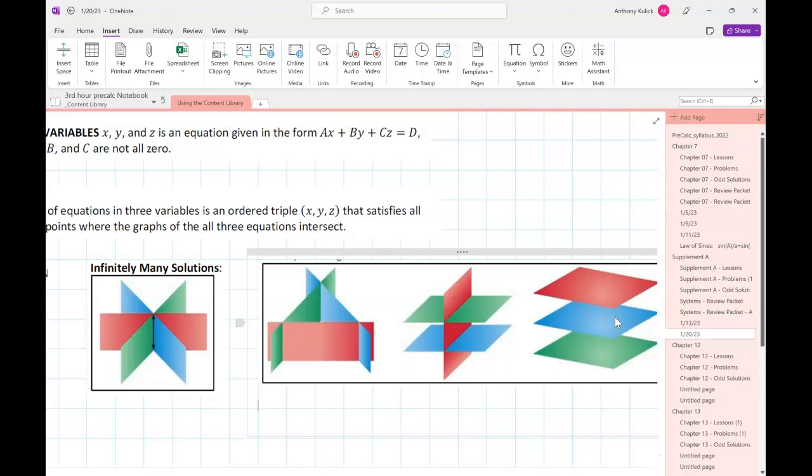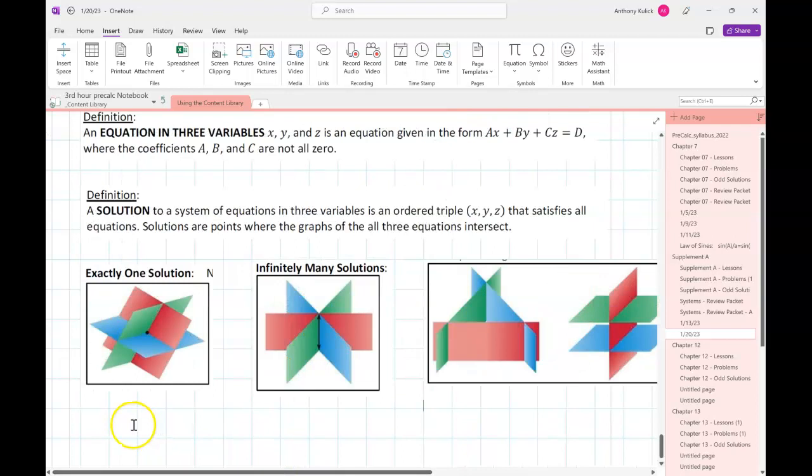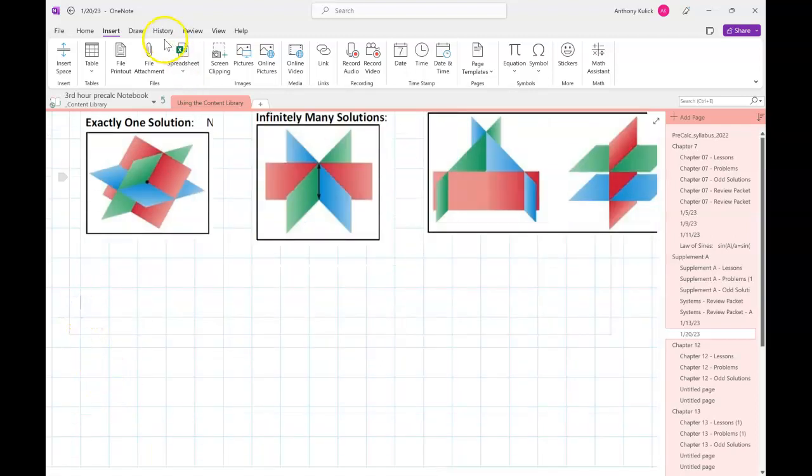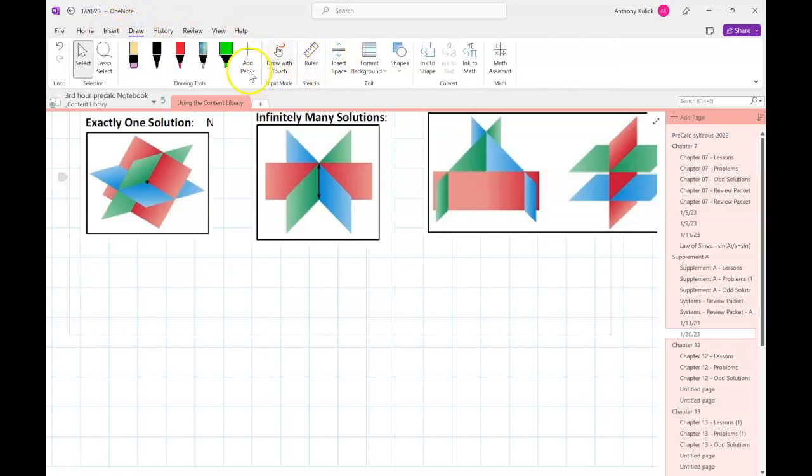So I'm just trying to give you a three-dimensional picture of what we're doing. Are we going to do any graphing three-dimensionally to do this? No. We're going to do it all algebraically because plotting these things is a hassle. We can do it in a two-dimensional space. It's not that bad, but it's a hassle. If you look even at your draw options,